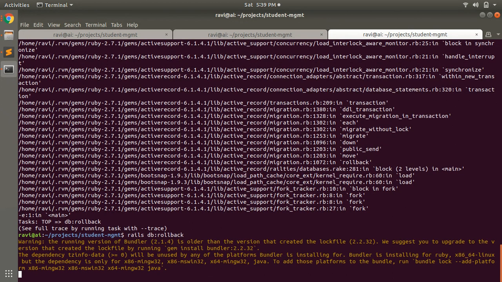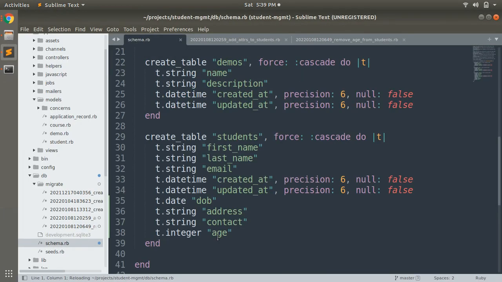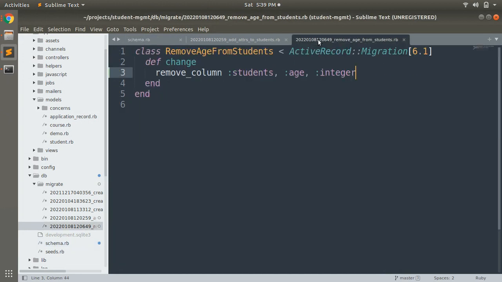Now when you run rails db rollback, this will again add the age attribute to the students. So what we can learn from here is that for removing columns you don't have to provide the type, it is not necessary. But if you want to make this migration reversible, then you must add the type, or your migration will not roll back. Why?